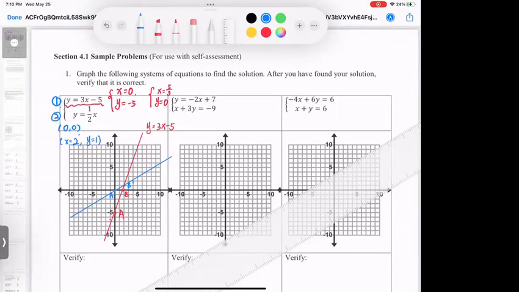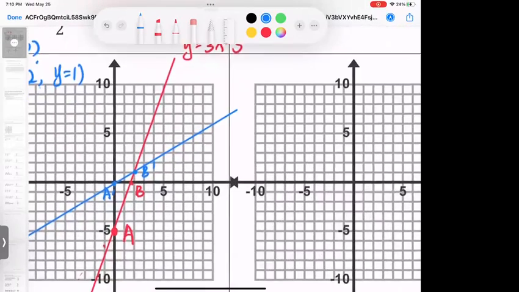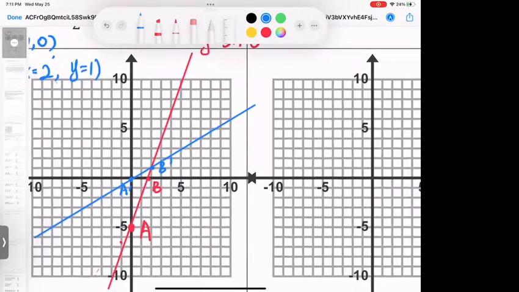From the graphing, I think the intersection point may be